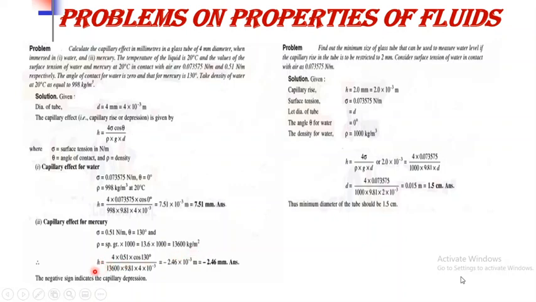So the capillary fall H is equal to 2.46 into 10 raised to minus 3 meter. So we are converting that into mm, so it is 2.46 mm. So minus sign indicates here the capillary fall or capillary depression. This is about the calculation of the capillary rise for water and capillary fall for the mercury in this particular problem. So moving to the next problem,